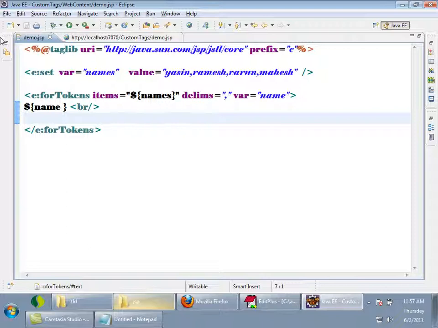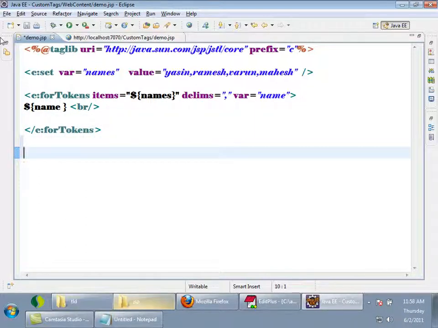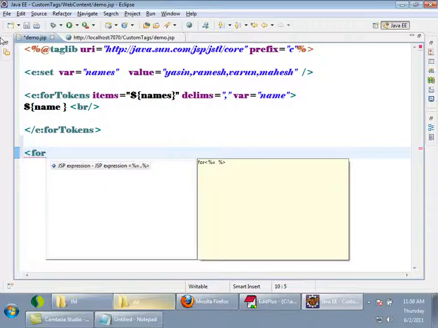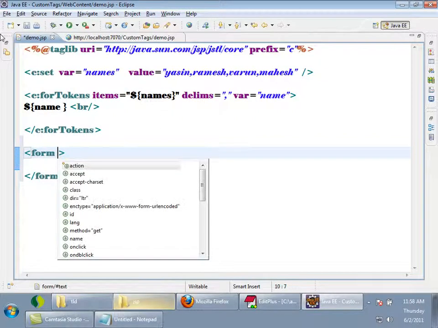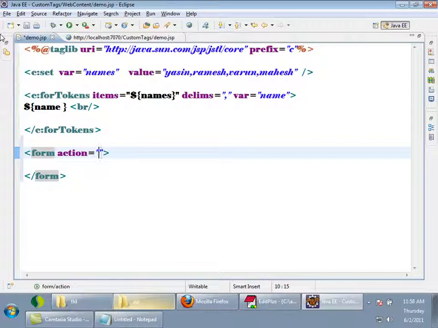You have to encode each and every URL which you are writing inside your JSP page. Suppose you are writing a form tag, action is equal to, you are writing the URL here in action.